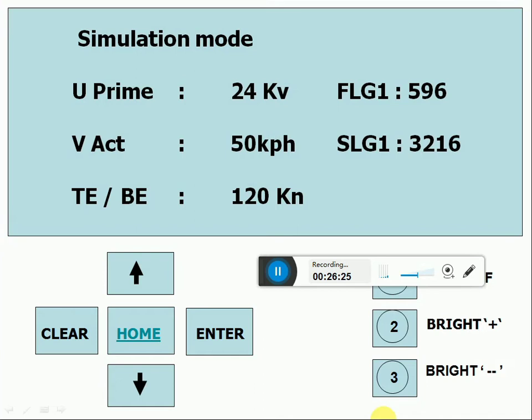And for conducting the loco brake power test also, we have to select simulation mode, then only we can conduct a loco brake power test. Loco should not move up to 150 kN or 100 kN. So by setting TB effort in the simulation mode, we can conduct a loco brake power test.